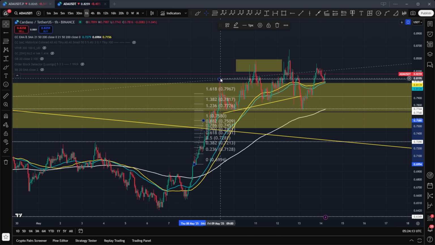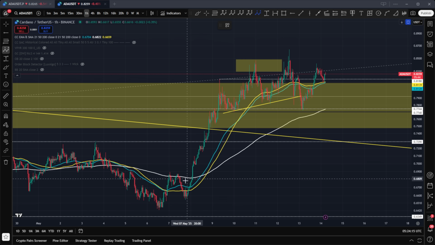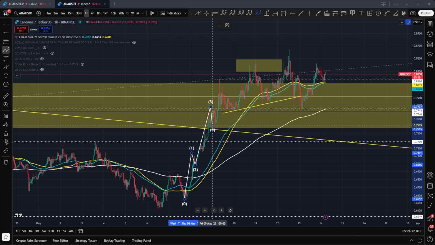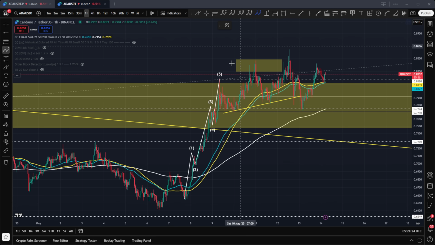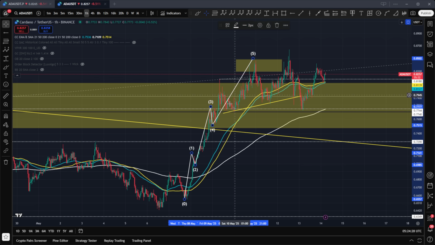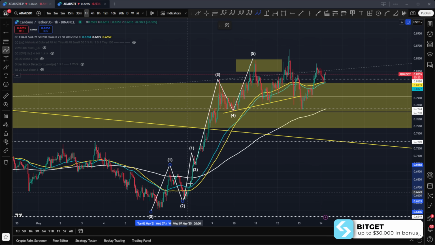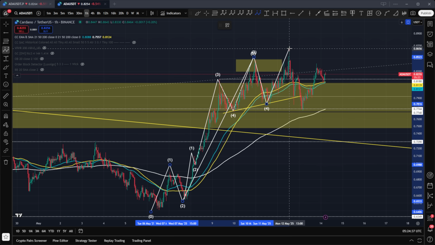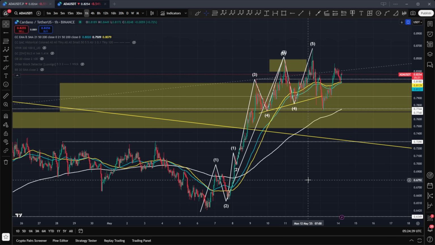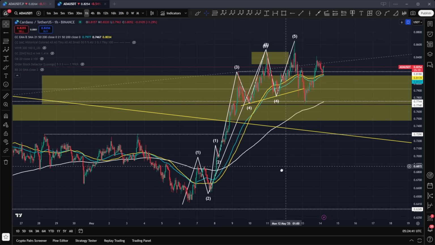So here we have the 1.618. And where I think I went wrong was that I was looking down here and I should have been looking internally. We have the 1, 2, 3, 4, 5 like so. And then we have, actually it's not even like that, sorry. It's there, that's your 5th. This is your 4, that's your wave 3 hitting that 1.618. And then we have a wave 1, 2, 3, 4, and 5, and now we're in the breakdown. Whereas before I had that slightly higher at the swing high.